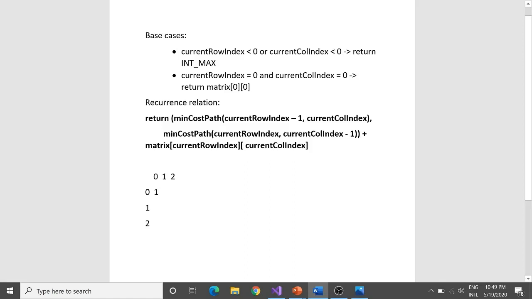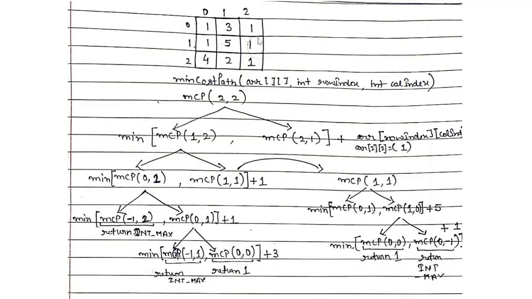Hello everyone. So in this lecture we will be discussing DP optimization of the algorithm which we have discussed earlier. With the help of that recursive algorithm we came to this recurrence relation, and we also had some base cases. Now what does this subproblem mean? This is again our DP matrix, and we would be discussing how to reach this cell from this cell with the min cost path.